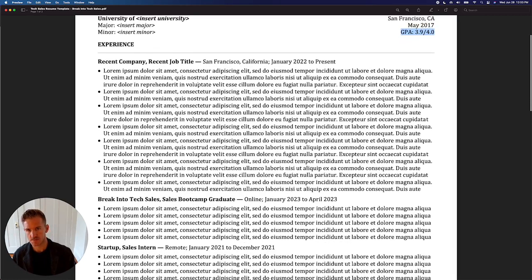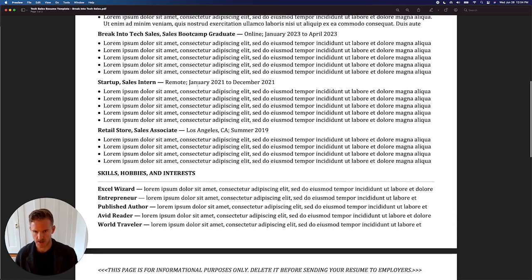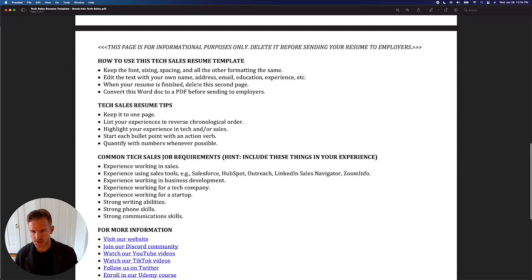And then next, moving on to the experience section. So for tech sales jobs specifically, you really want to prioritize and emphasize any experience you have that makes it seem like you're a really good fit for a tech sales position. So we'll talk about this. Well, actually, let's just scroll down and look at it right now. So on the second page of this template,